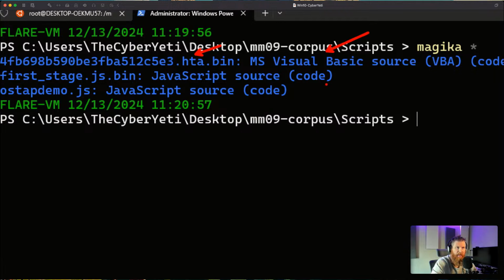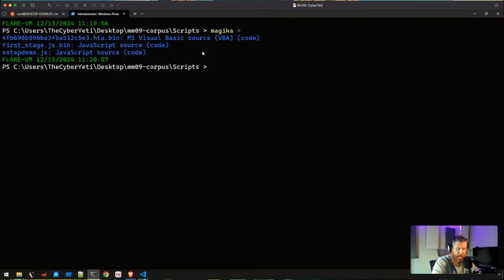We have the next 2 samples that it both accurately defines as JavaScript, right? So, in this case, I'd say it certainly did a better job of detecting the right kind of content in those files and was much more helpful than the file output utility. So that's really cool. Now, if we go back to the PE folder, right, and we run magika here,